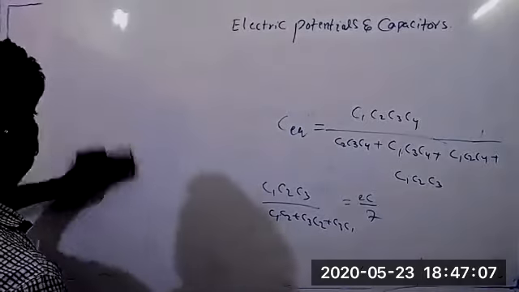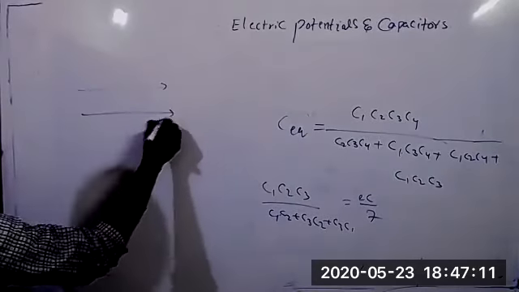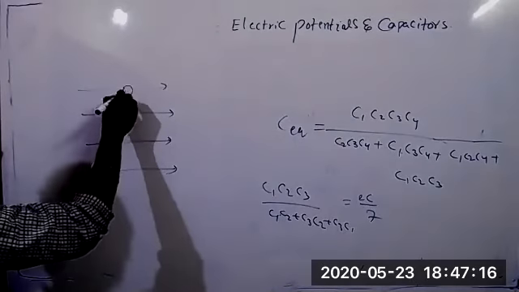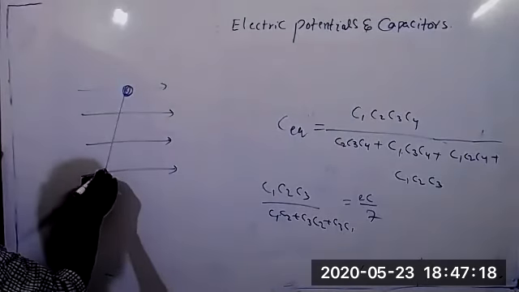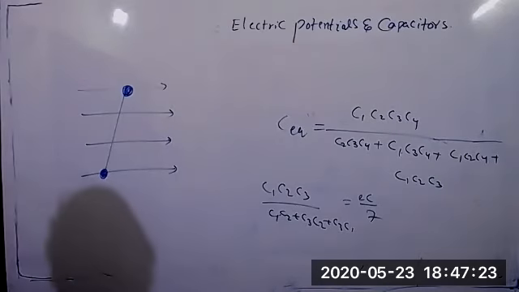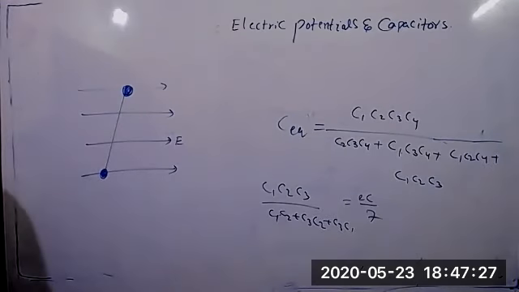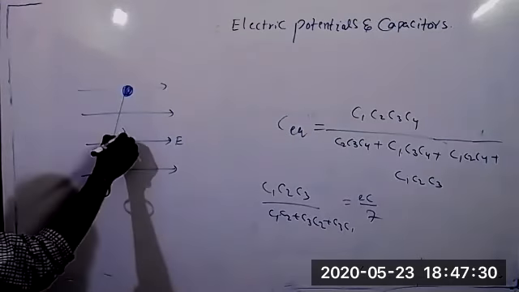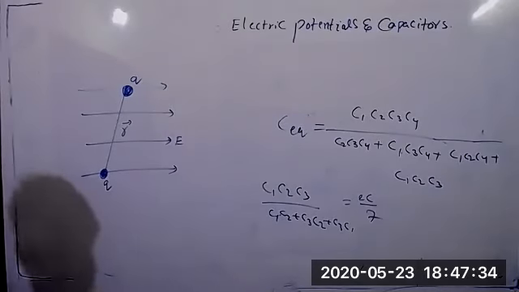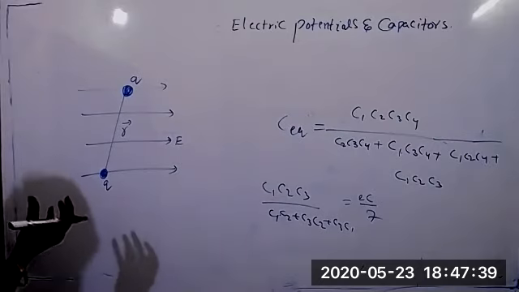Look at this. Electric field. Suppose the field is that of a dipole. We have placed a dipole in the uniform electric field. Some distance R is there between the two charges. Take them as Q and Q. They're asking you what is the potential energy.